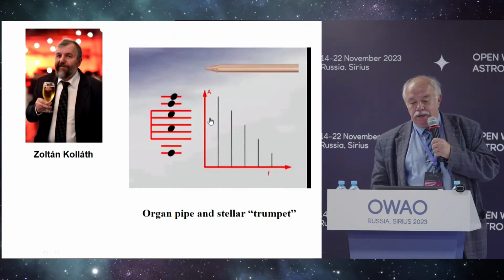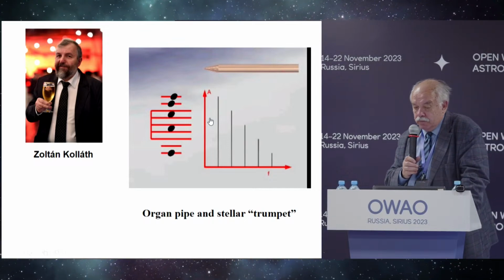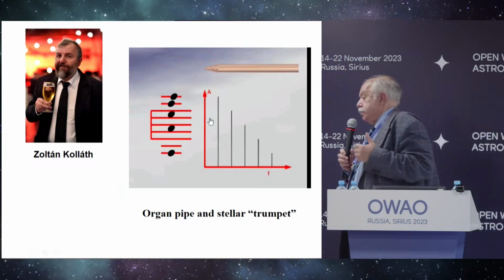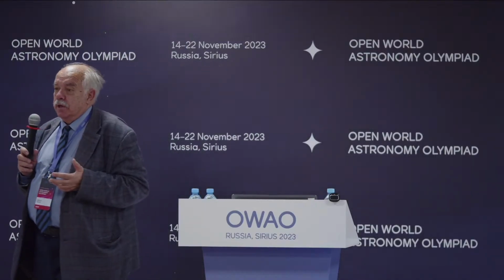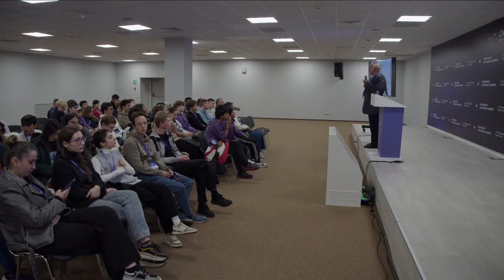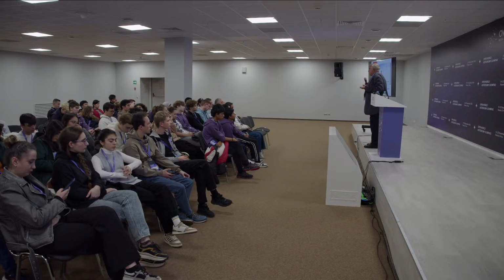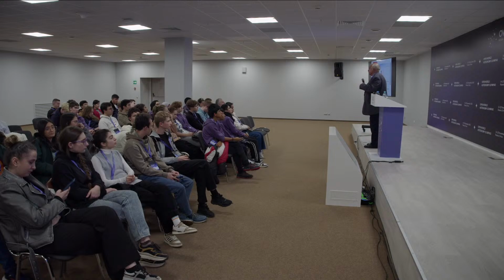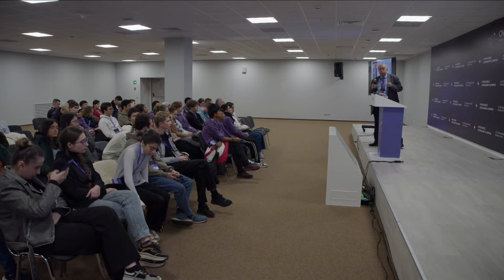Well, and Zoltán Kollát, having computed all this, well, of course, you understand that the musical instruments on the Earth have frequencies audible to our ear, and the stars have quite different frequencies. Periods are several days. But he transposed everything to the same frequency domain. And now we will compare an organ pipe and stellar trumpet as seen by,